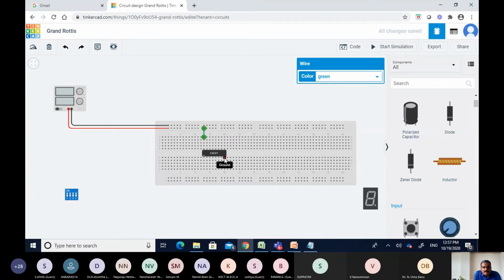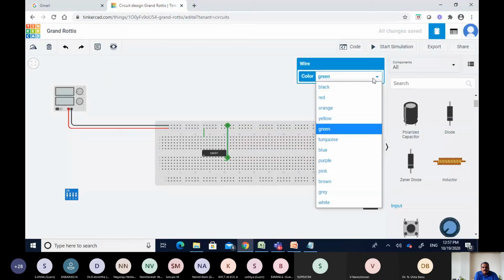Pin number 8 is ground. If you find it difficult, we can connect this ground line using a connection over here. So we have connected the ground connections, right? I will make this ground black.